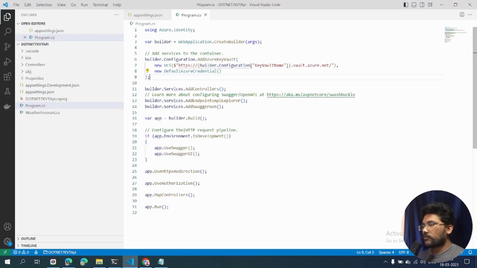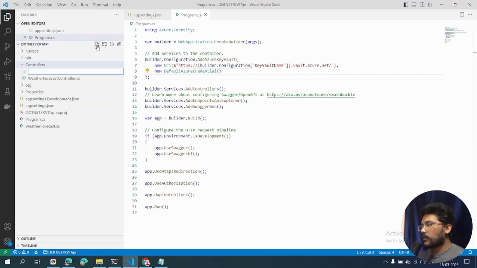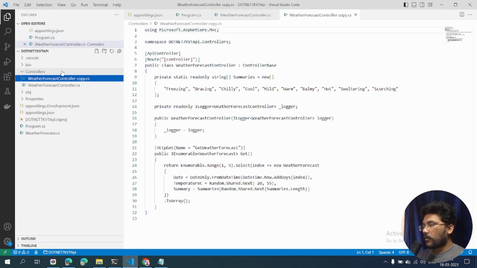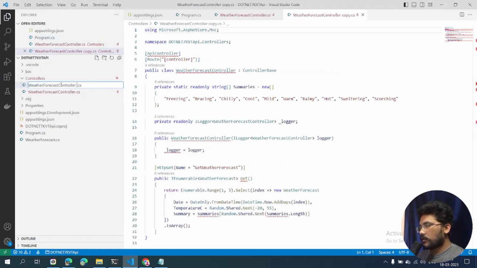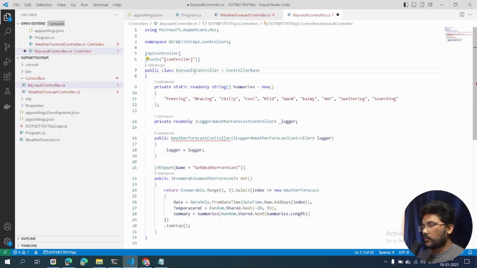Okay, next thing which we will be doing is we will create a new controller. Let's copy paste this. It won't be a weather forecast. It's a key vault. This is key vault. This is get message. This is get, and I am returning an action result,